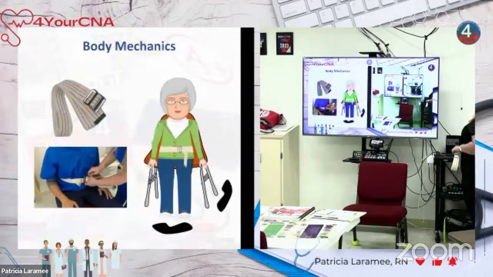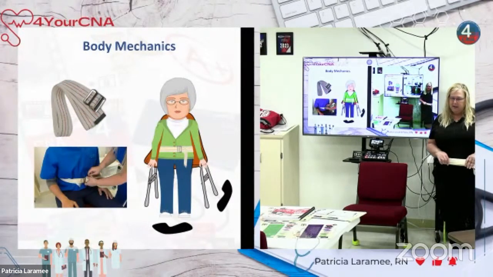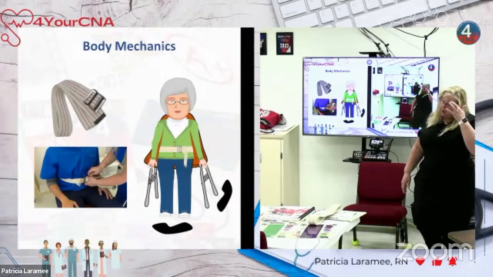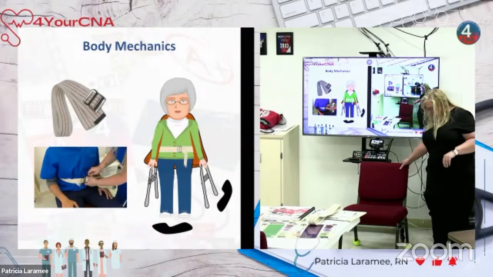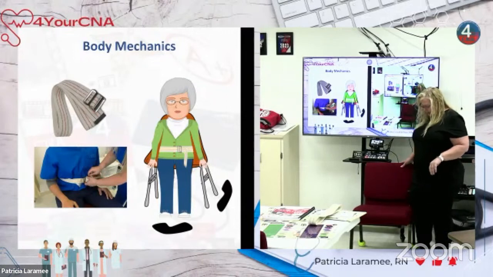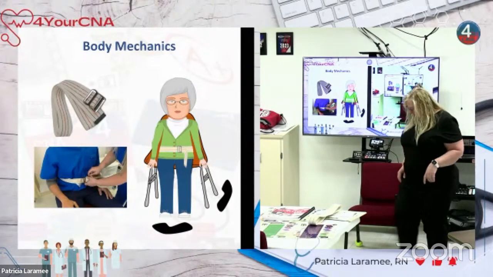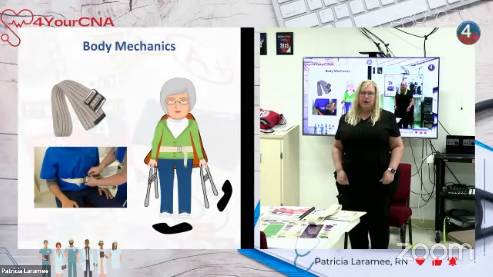All right, so let's talk about body mechanics. Now, it used to be years ago that we taught healthcare workers to stand in front of a patient when we lifted them to a standing position. So if I'm the patient sitting here,